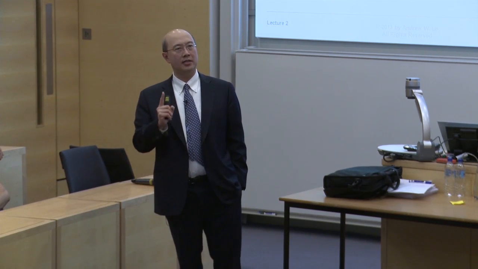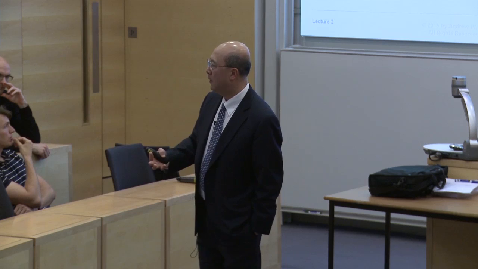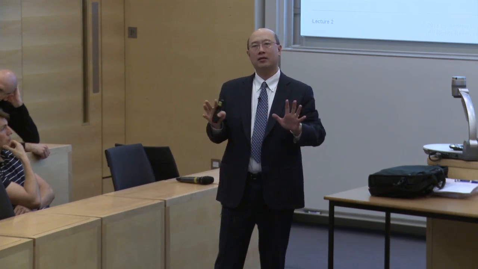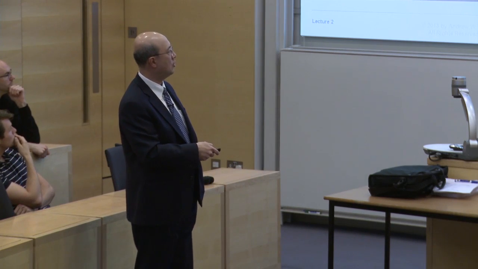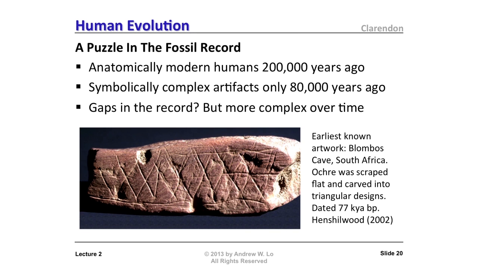The idea is that there's a puzzle in the fossil record for humans. And the puzzle is this. 200,000 years ago, we evolved to the point where we were anatomically essentially identical to where we are today. But abstract thought, symbolic thought, did not appear until 80,000 years ago. If you look at the artifacts, you'll see, for example, certain kinds of tools, stone tools, that have these abstract patterns in them. This did not happen naturally. It didn't happen by accident. It's far too regular for this to occur. This was a fossil that was dated at 77,000 years ago.